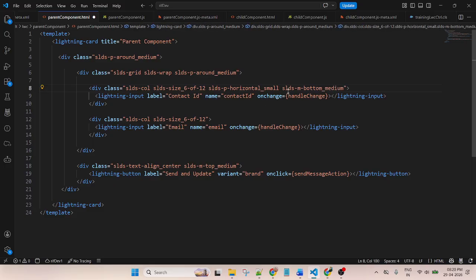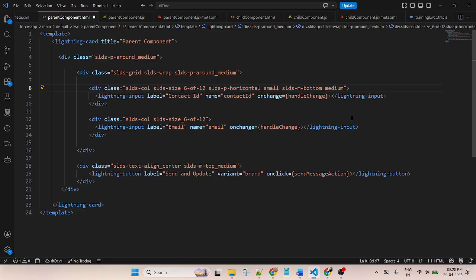That means SLDS is common. M is margin. Here p represents padding, that means it will give space inside the container. And m is margin, that means it will give space outside the container. Bottom means it will give space at the bottom of the container. This is margin, this is padding.